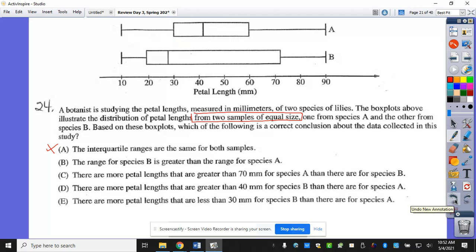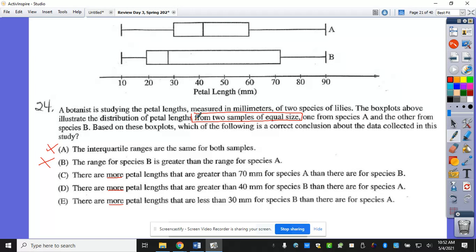The range for one is bigger than the range for the other. Both of the ranges are from 10 to 90, those are the same. So all of these say more, and none of these three we could have done if it didn't tell you they're from the equal sample size. All right, so